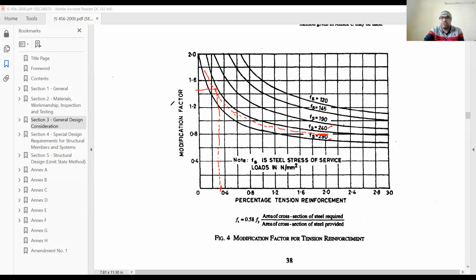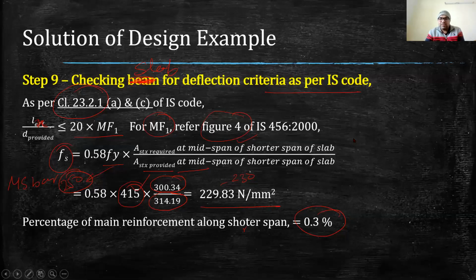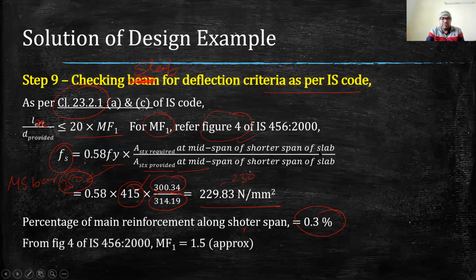So we will follow this process to calculate the value of modification factor. So corresponding to this, we will have modification factor 1.5. So now again going to the slide. Yes, so here the modification factor so found is 1.5, and it is actually the approximate value. So there is no need to find out the correct one. We cannot find out the exact value. So therefore we will just use the process and calculate the modification factor approximately.